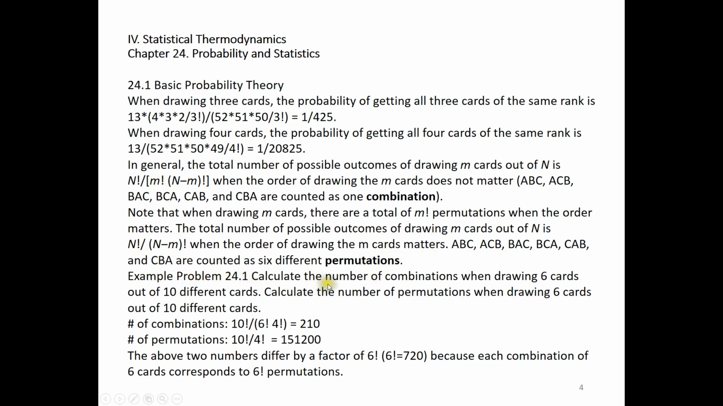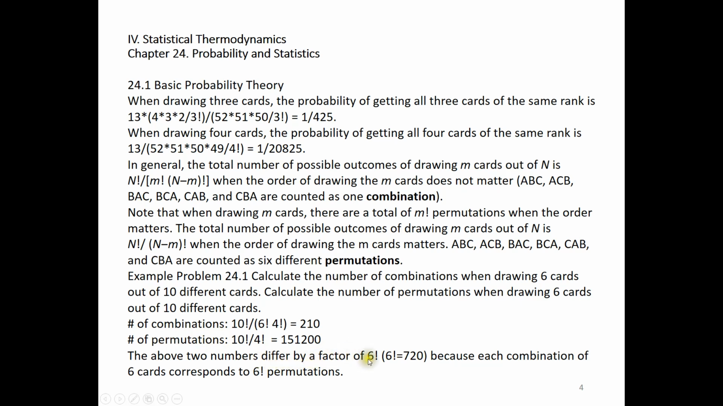Problem 24.1. Calculate the number of combinations of drawing 6 cards out of 10 cards. Calculate the number of permutations. So I'm going to just use these 2 equations. Number of combinations: 10 factorial over 6 factorial times 4 factorial, 210. Number of permutations: wow, this is going to be larger because